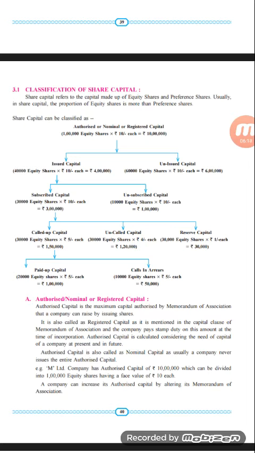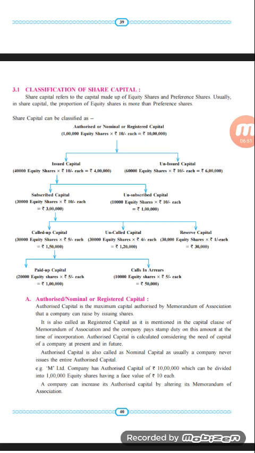Now the company has issued only 40,000 shares, so the company would expect to get 4 lakh of rupees, and the rest of the 60,000 shares the company is going to issue at a future date. So the company would be able to get 6 lakh of rupees in the near future. So I hope that issued capital and unissued capital are very much clear to you all. Now let us see, there is again a classification in issued capital. First one is subscribed capital and second one is unsubscribed capital.